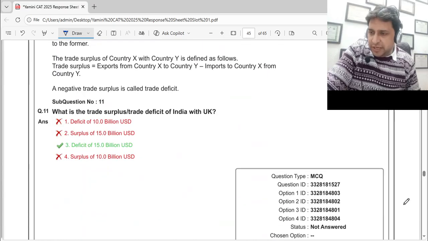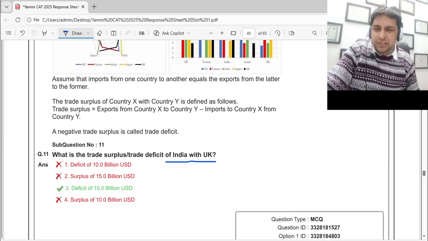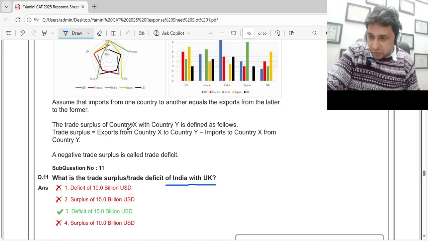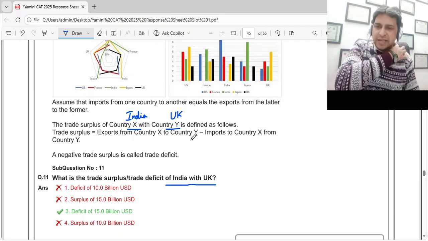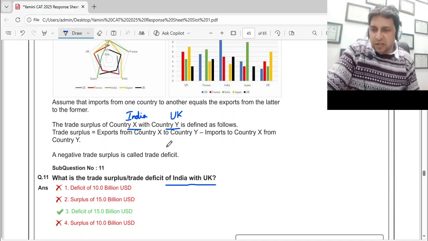The next question they have, what is the trade surplus deficit of India with UK? Now this was a bit catchy. Of India with UK, what does it mean? Who is importing? So country X with country Y, that means country X is India and country Y is UK. This you could understand easily. So when they say exports from country X to country Y, that means India to UK, UK is importing. If UK is importing,